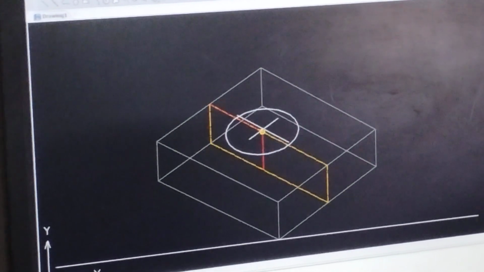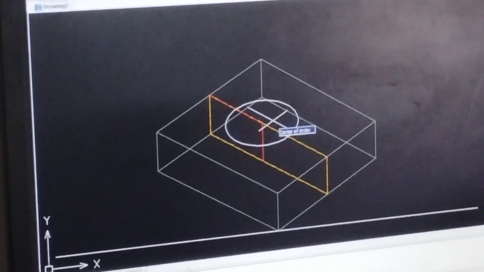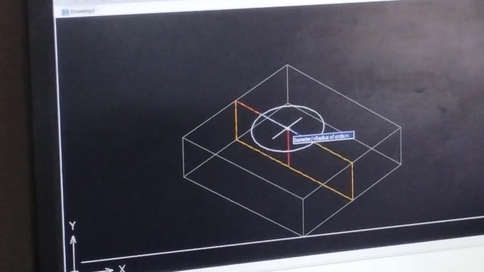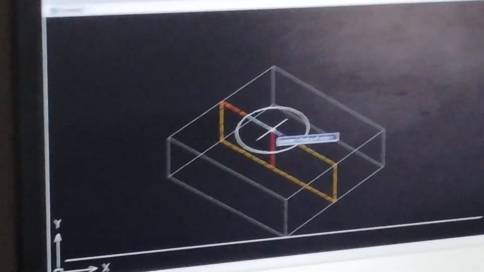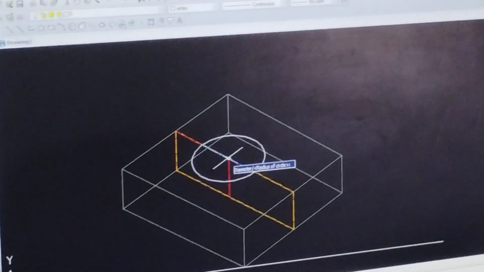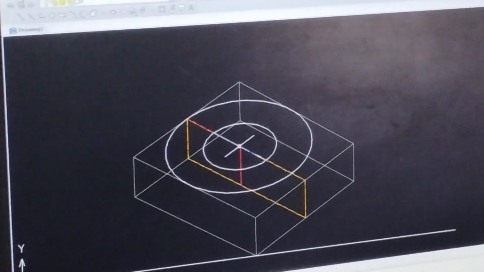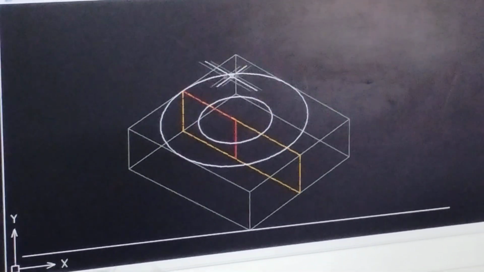Okay, sorry. Right, radius is given, R, enter. 30, enter. You got the circle. Okay, come out of the command.